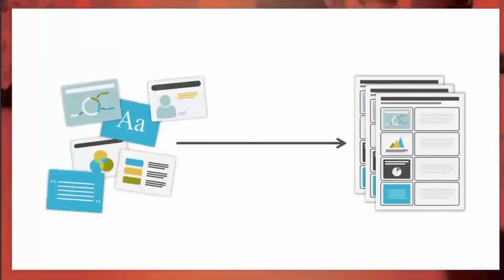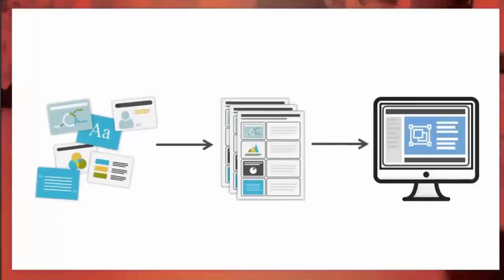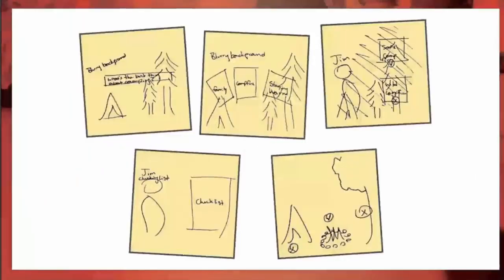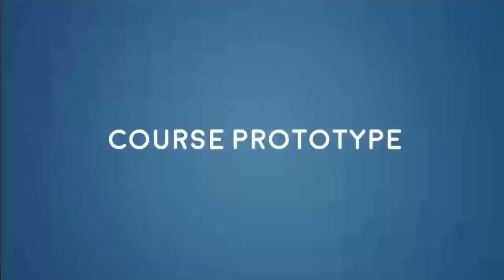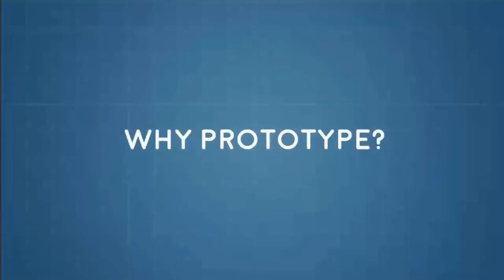So I talked about how do you go from raw content to a storyboard. The last thing I want to talk about is how do you go from raw content to a storyboard to the screen. And I talked a little bit about that with that story mapping process where you create those sticky notes. But one of the things that I've learned to do, and I incorporate this in my process, and it's taken me several years to finally actually do this, is after I've created these slides, I will develop a prototype of the course, and I will give that prototype to my subject matter experts to review.